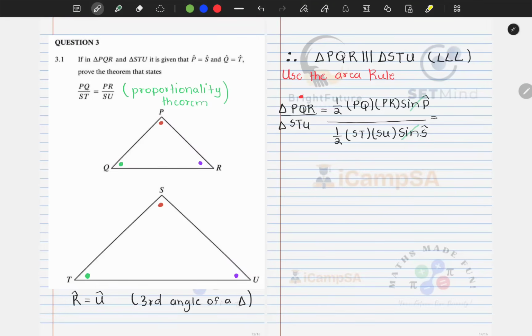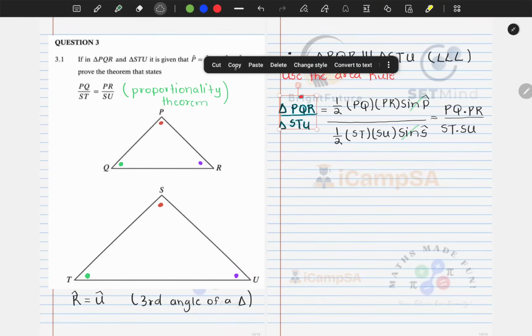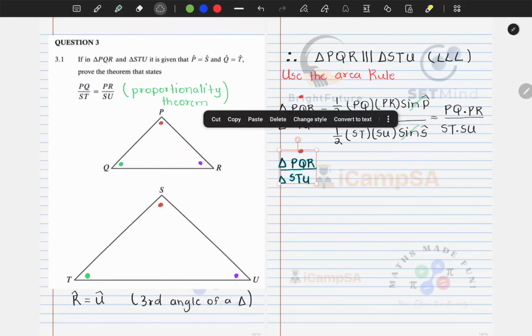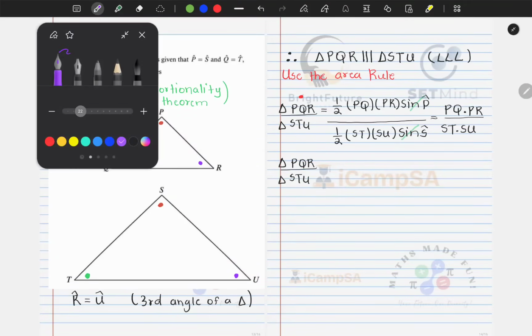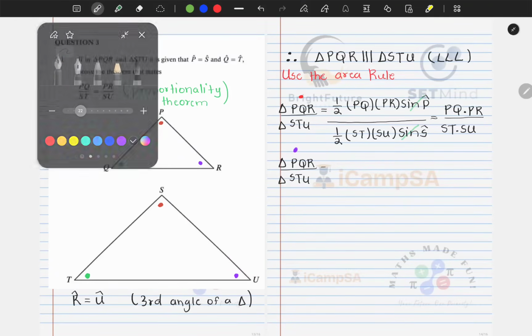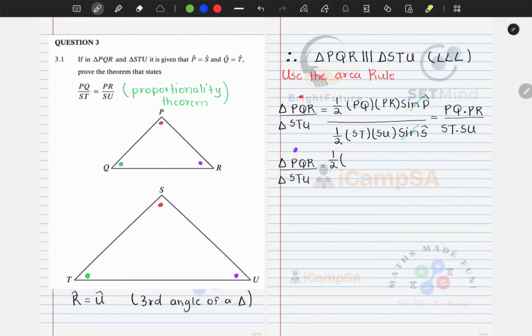We end up finding our answer to be PQ times PR and then divided by, if you look carefully, ST times SU. But also using another angle, we can compute the area and get something different. Okay, so let's use this one here, the purple one. So if we use the purple one, we'll have half of, if you look carefully, we'll have PR